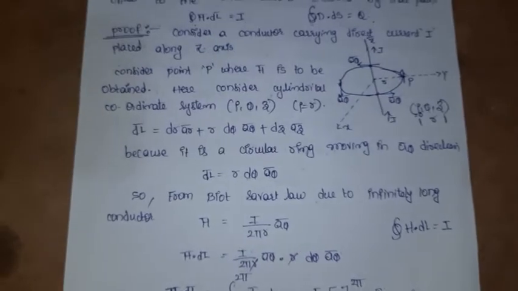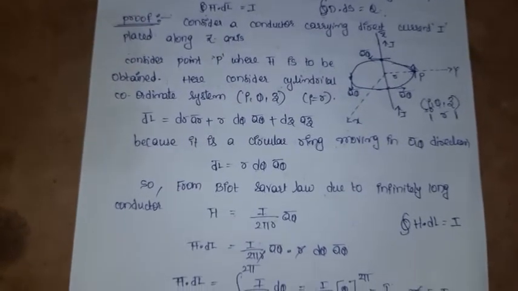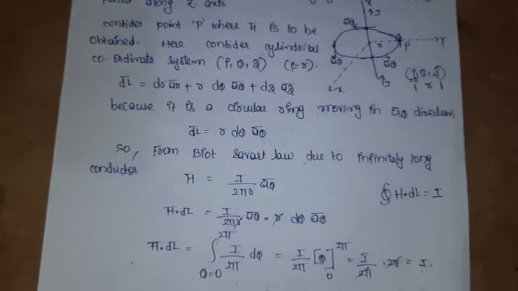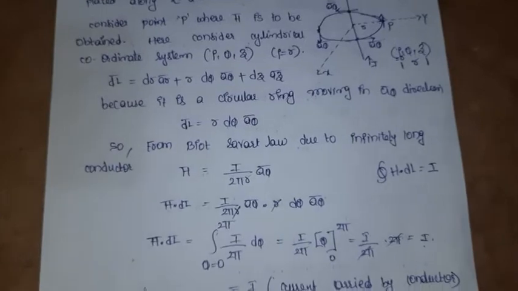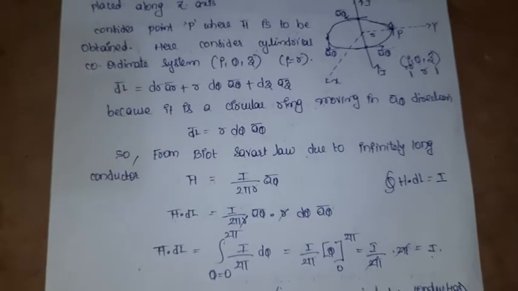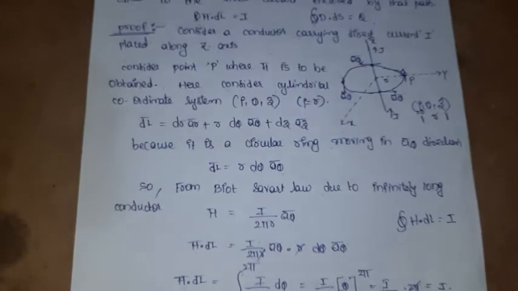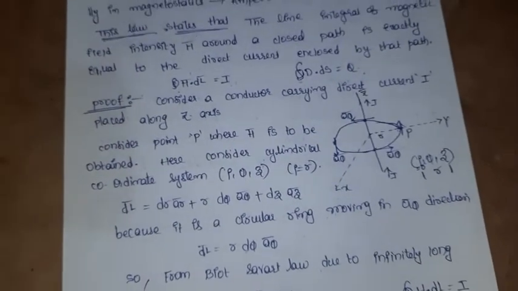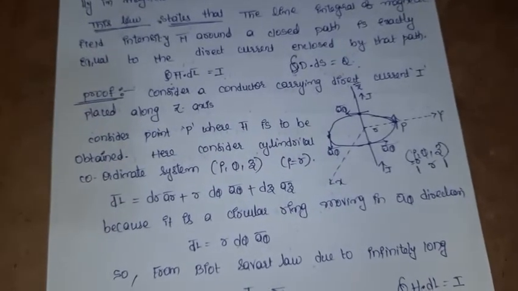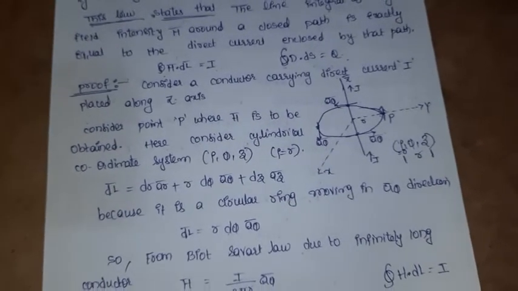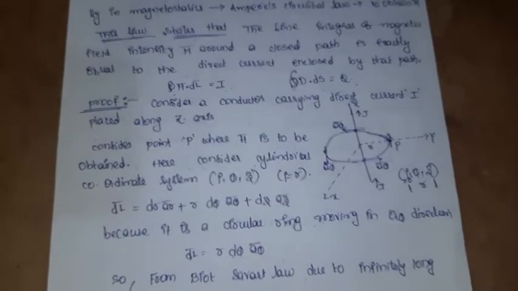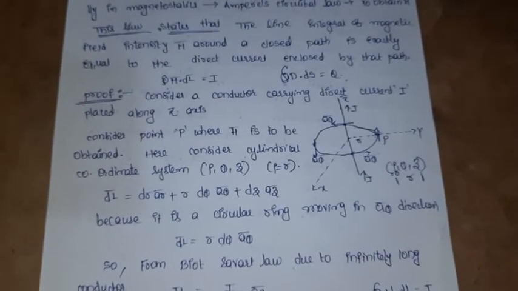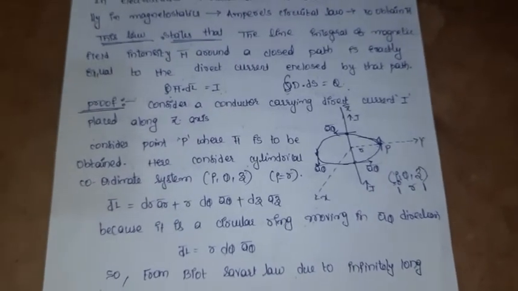In electrostatics, we calculated the electric field intensity by using Coulomb's law, and the derivations were very complex. So what is the importance of Gauss law there? By using Gauss law, we can calculate the electric field intensity with very few steps, and in very critical situations also. So like this, Coulomb's law, Biot-Savart's law, Gauss law, here we have Ampere's circuital law.